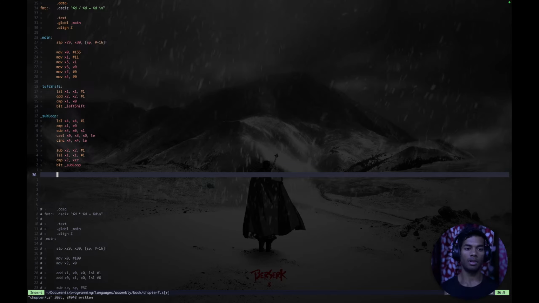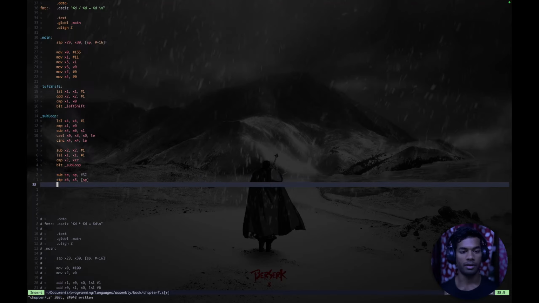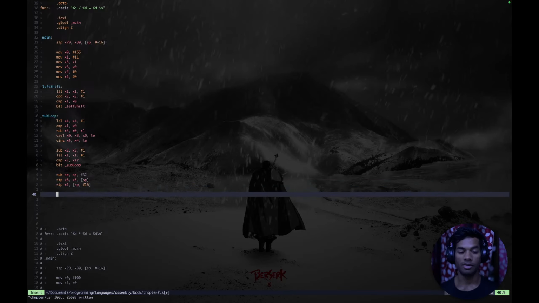So I have the values that are to be put up on the stack. So let me get some space on the stack, 32 bytes, and store the pair from 6th and the 5th register onto the stack without any incrementation, and then store the contents of the 4th register onto the stack with an increment of 16 with an offset of 16, and then